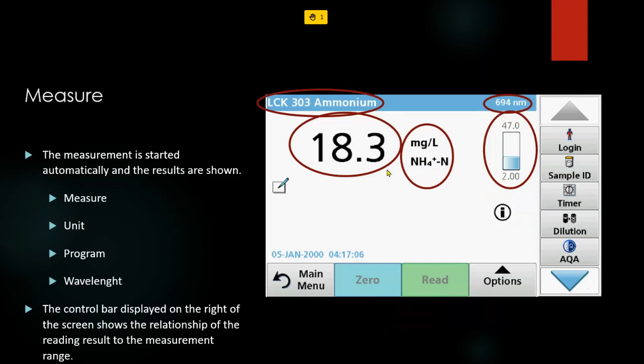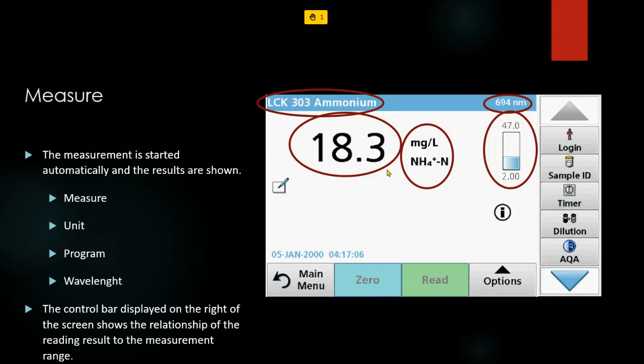So now the question is, if there are some particles in the sample that we measure, will it not interfere with the result? Yes, they can interfere. It is better to filter. Yes, it is almost always better to filter, unless you want to measure total phosphate or total nitrogen. It is better to filter, but consider also that